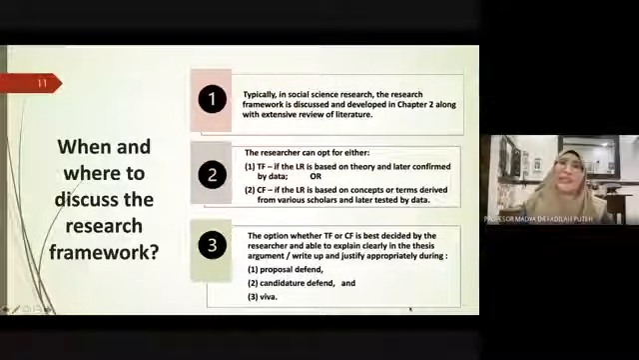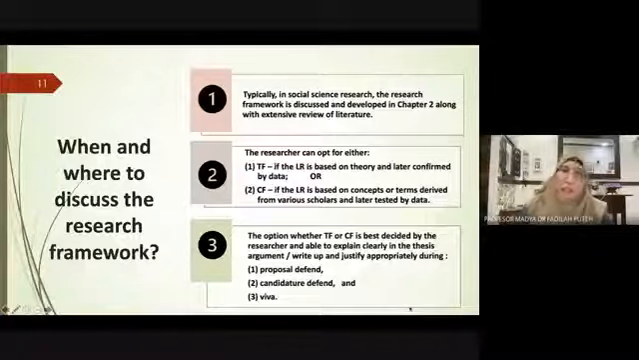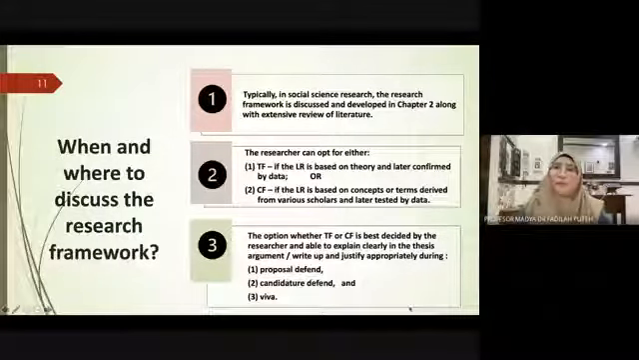All right. So the researcher can opt for either a theoretical framework, if your literature review is based on theory and later confirmed by data. So you wanted to test the theory basically. And second, you can opt for a conceptual framework if your literature review is based on concepts and terms derived from various scholars and later tested by data. So if you're using a conceptual framework, for example, you wanted to know what are the factors that lead tourists to